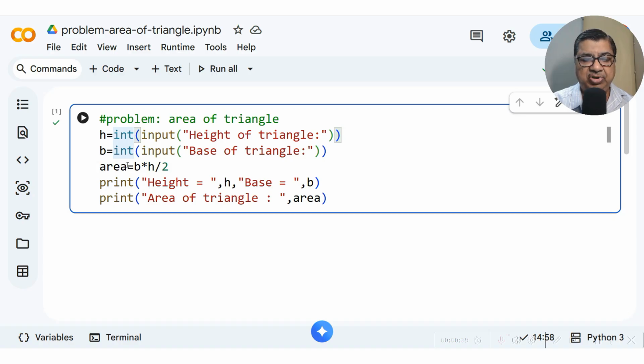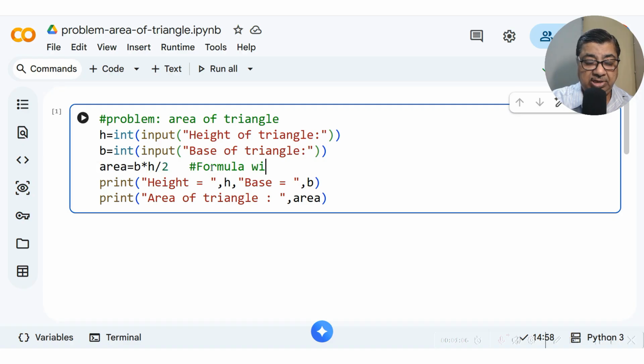Then we shall use the formula. For every problem solving there is a formula, and the moment we apply that formula, interestingly, this normal division is a float division in Python. In other languages it is integer division.